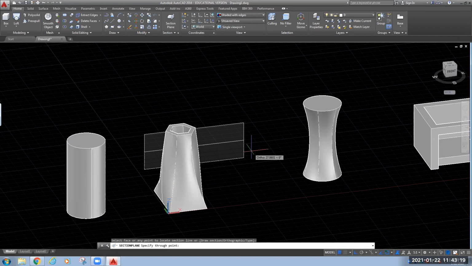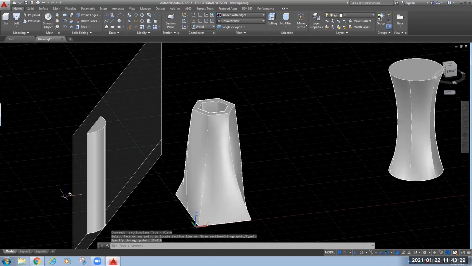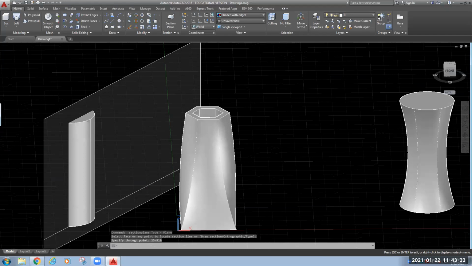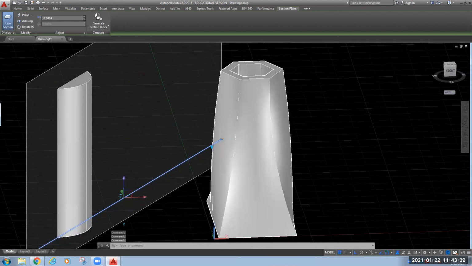Suppose I want to draw this at an angle of 90 degrees. So you will be able to see the cut portion. I'm trying to rotate this plane in horizontal direction. How to do that?